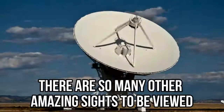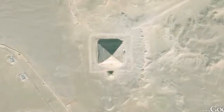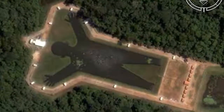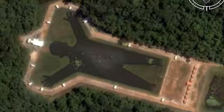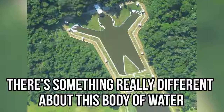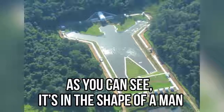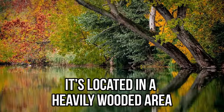There are so many other amazing sights to be viewed, and lakes aren't as exciting as other locations, like viewing the pyramids of Egypt. But this is one lake that you might want to check out the next time you're using the virtual program. It's located near the Brazilian city of Sao Paulo, but there's something really different about this body of water. As you can see, it's in the shape of a man, and it's located in a heavily